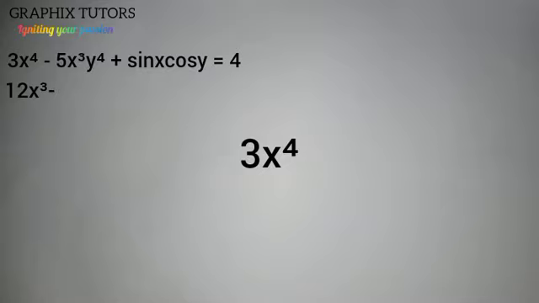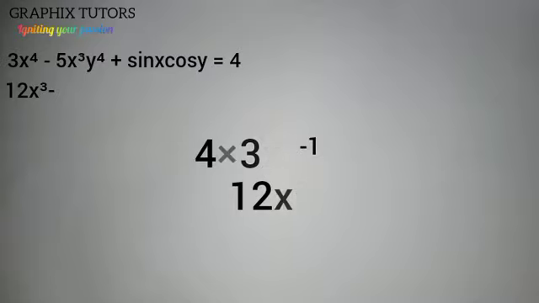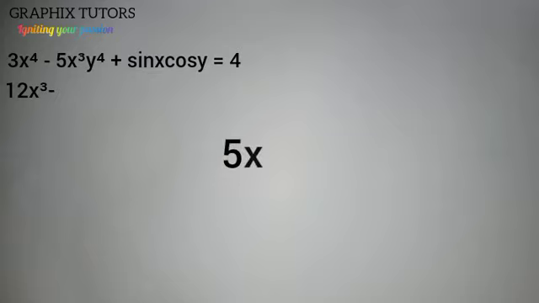So we have 4 times 3x to the power of 4. Because the 4 has come down, you subtract 1 from the power. So 4 times 3 is 12, x to the power of 3. That is how we got that. Minus